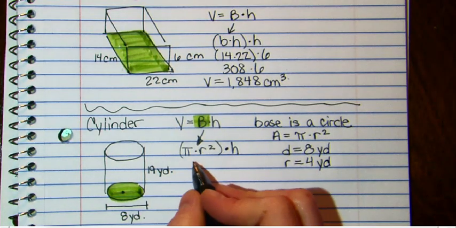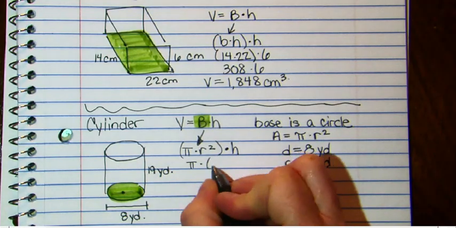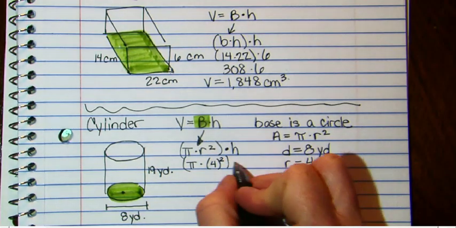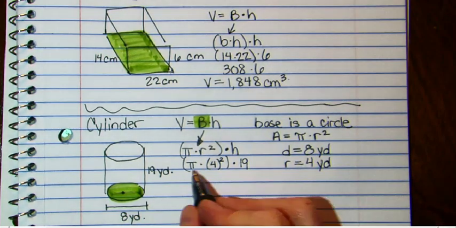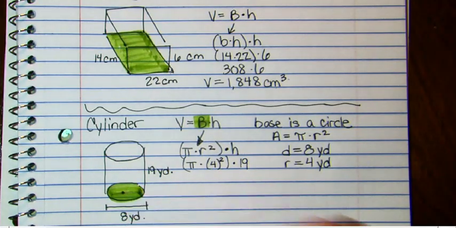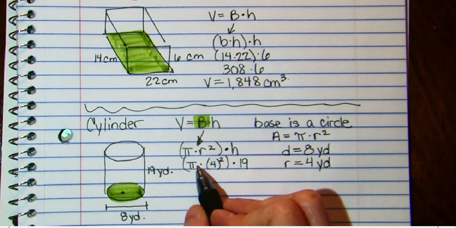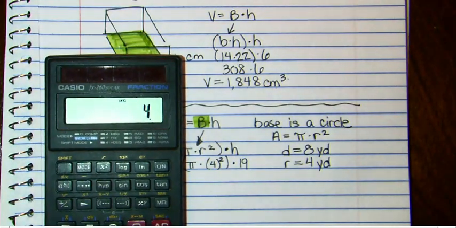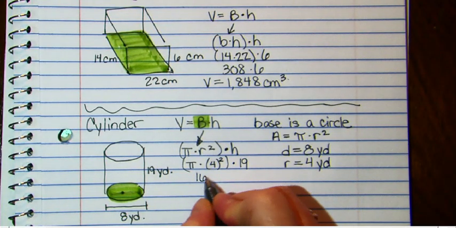Okay? So we're just going to fill out the information that we have. Pi times 4 squared, that's going to give us the area of our base, times our height, which is 19 yards. And when we solve all this, we'll have the volume of our cylinder. Now, remember that we're going to do exponents before multiplication. So go back to your calculator, and we're going to put in 4, and we're going to square it, which will give us 16. So for the area of our base, this is just 16 pi